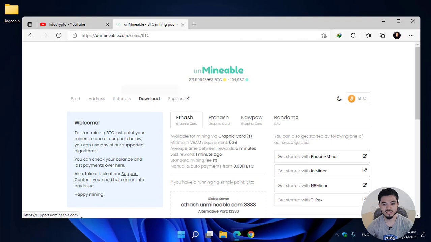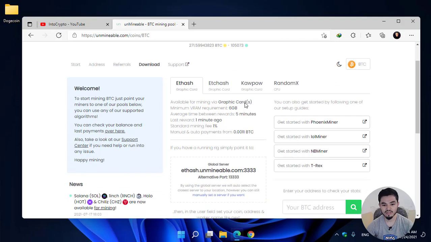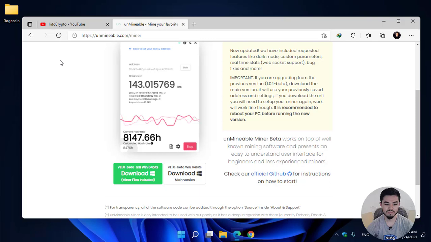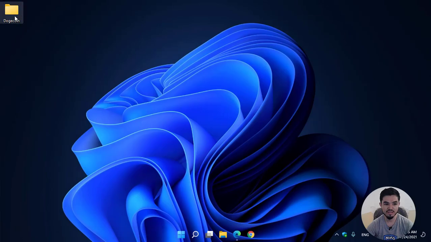and here you can see that unmineable is the website or the miner tool with which you can mine Dogecoin or any other cryptocurrency. Unmineable is a pool between your wallet and your miner software. Here I will click on the download option. Before that I will minimize that, and here you can see that I've already created a folder for the